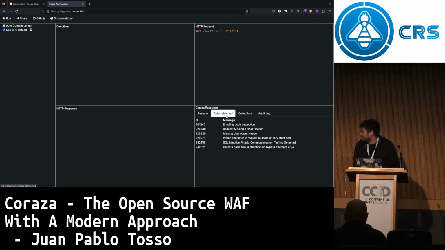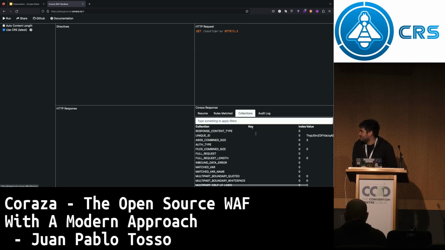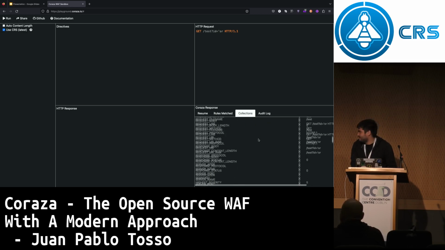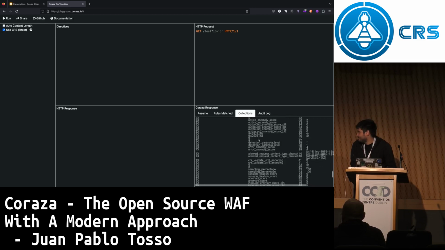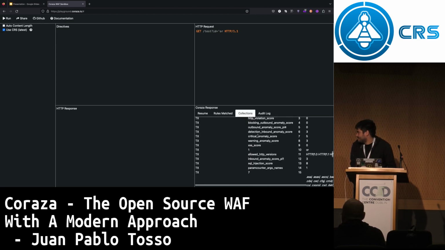There it is. So you can see what matches from CRS or from your own rules. You can see all of the collections in a debug status. You can see everything that's inside Coraza. It's a really great tool.